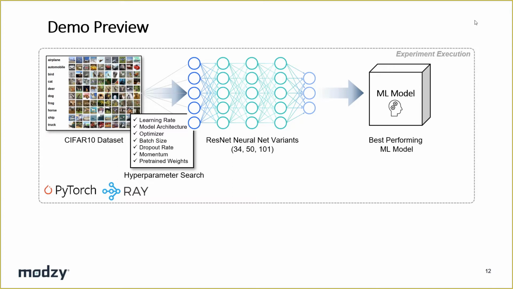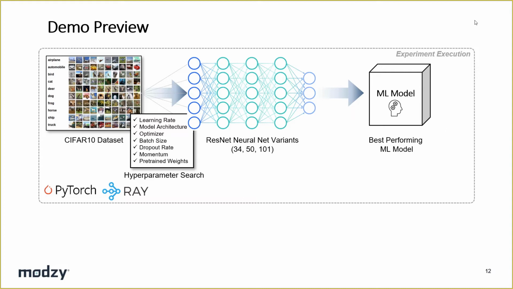And so what we're going to do today is conduct a hyperparameter search using RayTune and PyTorch to build an image classification model using the CIFAR10 dataset. The CIFAR10 dataset is a very common dataset used for the image classification task. It's used for lots of baselines. And so by